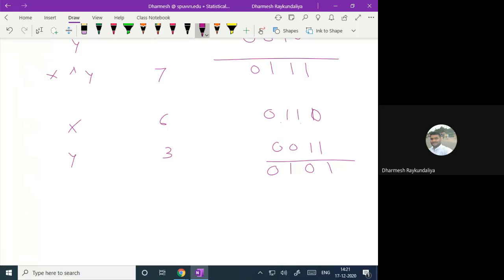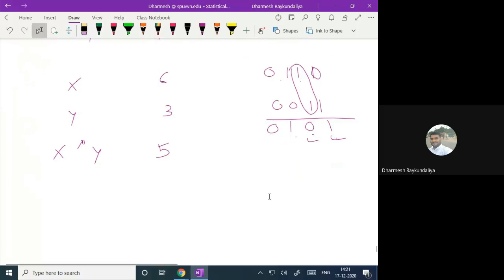तो एक्सक्लूसिव में, इंक्लूसिव में क्या है, wherever the 1, the result is 1। अगर दोनों में भी 1 है तो रिजल्ट 1 आएगा, किसी एक में भी 1 है पैटर्न में तो रिजल्ट 1 आएगा। लेकिन एक्सक्लूसिव में क्या है, किसी एक में 1 है तो रिजल्ट इज 1, but if it is 1 in both then result is 0। And what is the answer of this, 2 raised to 0 into 1, that is 1, and this 2 raised to 1 and this is 2 raised to 2, that is the answer is 5, 1 into 2 raised to 2।